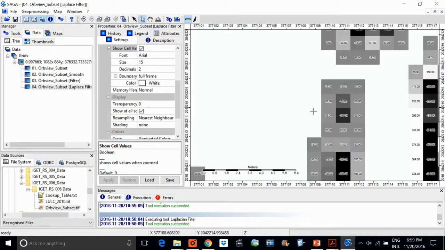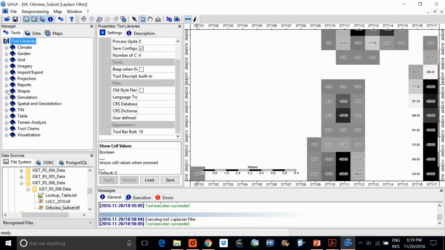And let's look at the kernel we have used in the above operation. Select the Laplacian filter module from the module tab, and then select the description tab to see the values of the kernel of standard kernel 2. So how are you going to see it? You can go to tools, and here you have various options.